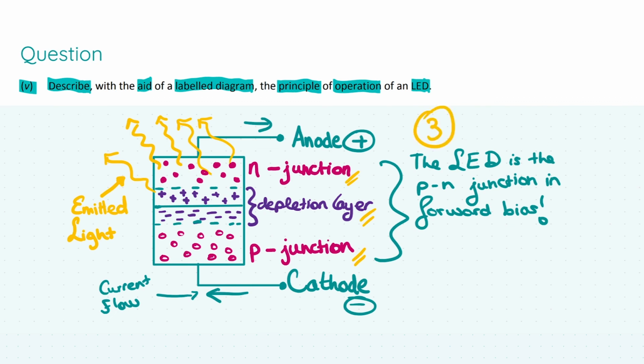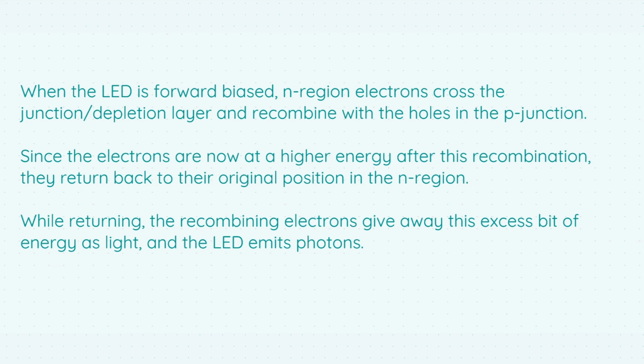Okay, so what's actually going on in this diagram here? Well, let's cut to the description. So when this light emitting diode is forward biased, as we saw in the diagram, electrons in the N-type region cross the junction of the depletion layer and they recombine with the holes in the P region. Now, since the electrons are now at a higher energy after this recombination, they return back to their original position in the N region, okay? Because if they have a higher energy, they are more unstable and they want to return back to a stable state. However, while returning, these recombining electrons, as they make their way to the N region, give away this excess bit of energy as light, and thus the LED emits